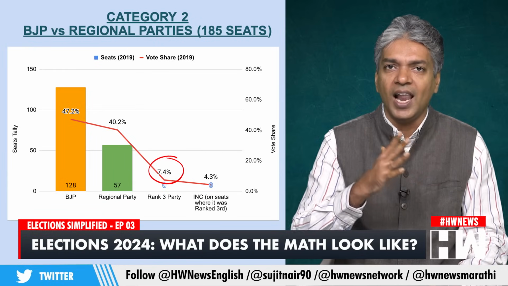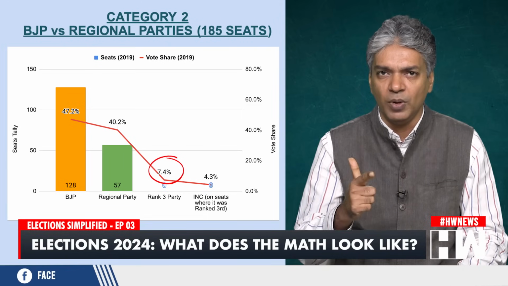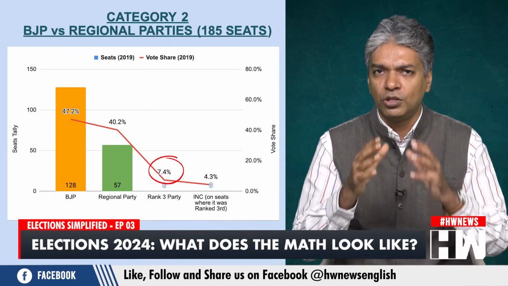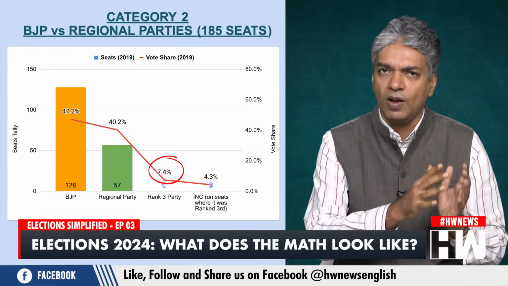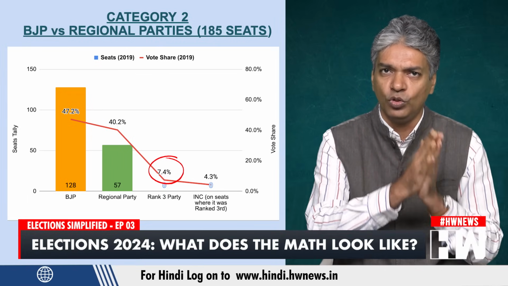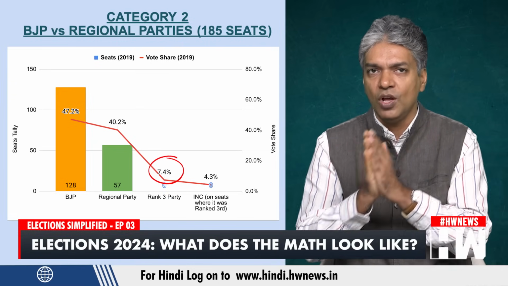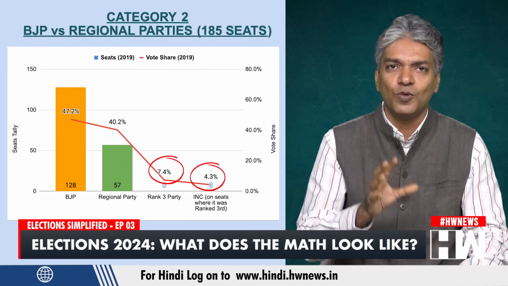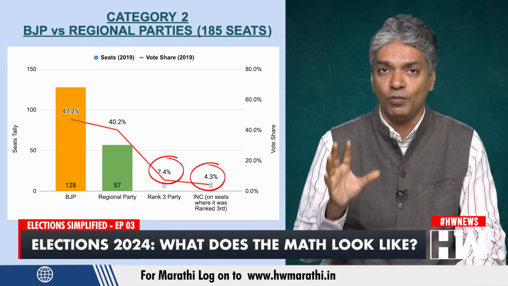The role of the alliances could have an impact here, mainly in Uttar Pradesh, West Bengal, Bihar, Maharashtra. The third party largely led to the loss of the runner-up on these seats, and here is the impact of alliances from both the INDIA and the NDA, which we will see on these seats. The Congress was third on 88 seats here and recorded a vote share of 4%.